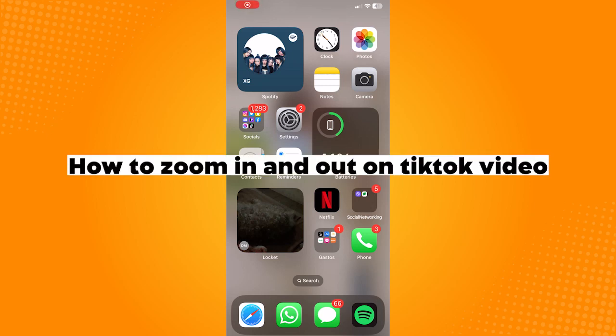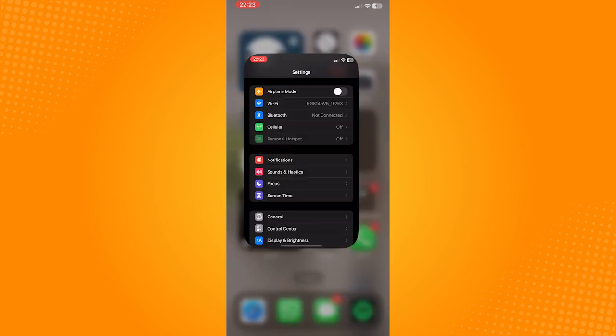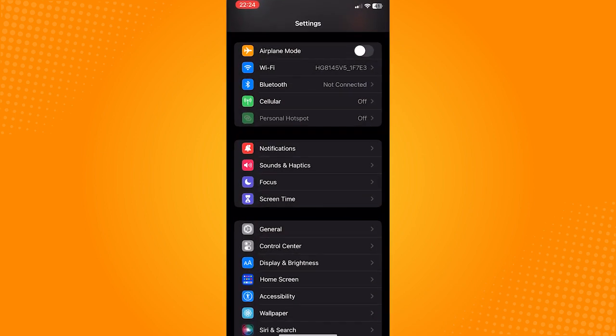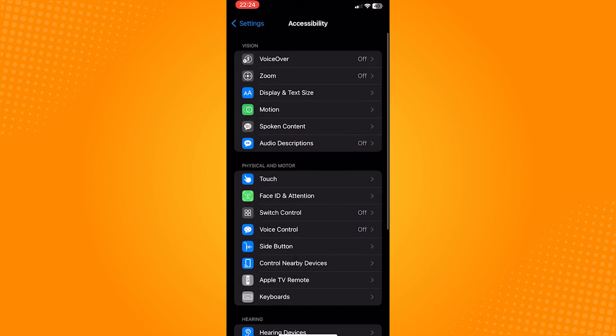How to zoom in and out on TikTok video. So go ahead to the iPhone settings menu. In this page, scroll down and select accessibility. Now TikTok doesn't have this built-in zoom feature, so what we have to do is to click on zoom, enable